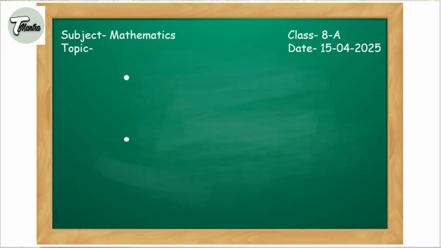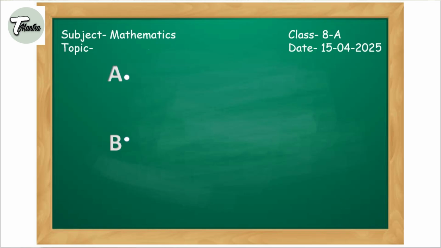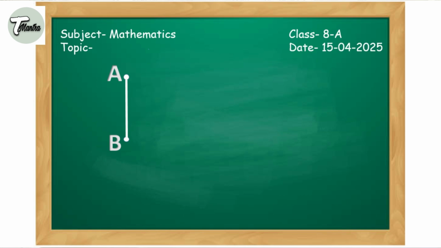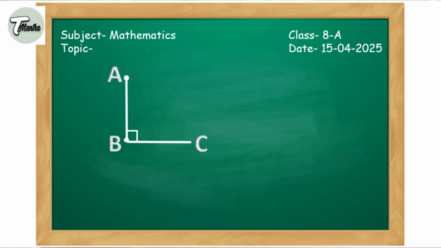Now you will draw one more point on the blackboard and ask, what is this? Students will answer, this is also a point. You will say, okay. Now if I join these 2 points, what is this? Students will say, ma'am, this is a line AB. While drawing a line, you will say, if I draw one horizontal line from B to C, then what is this angle called? Students will answer, it is a right angle, 90 degree.